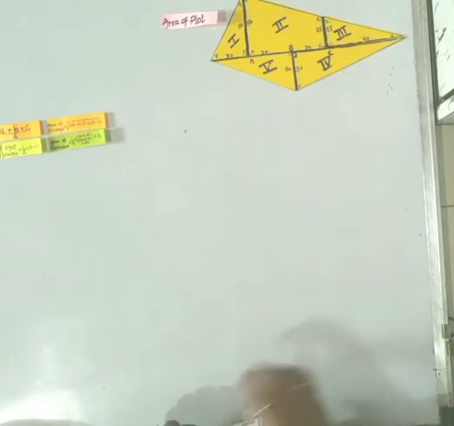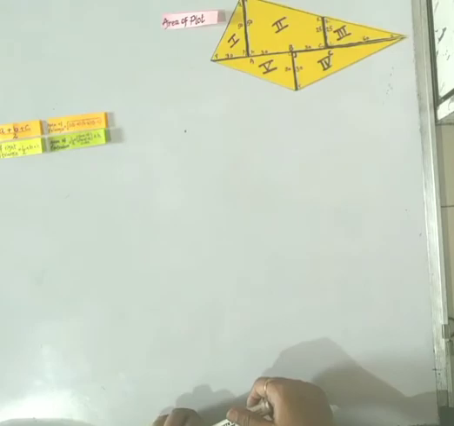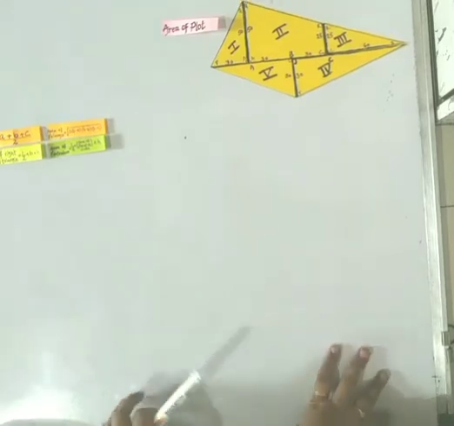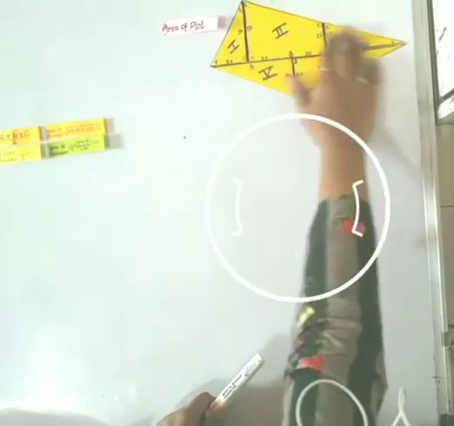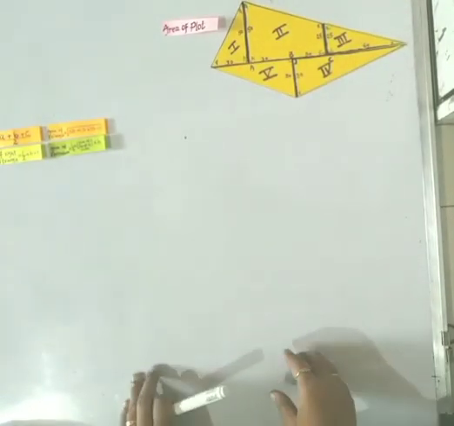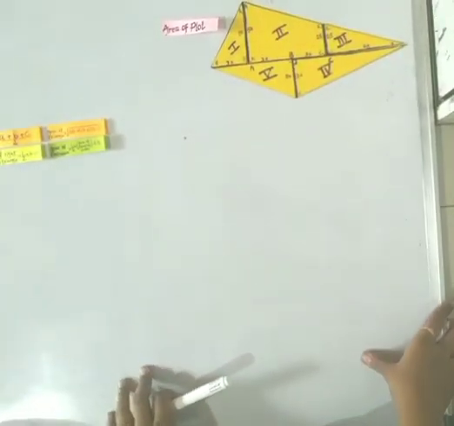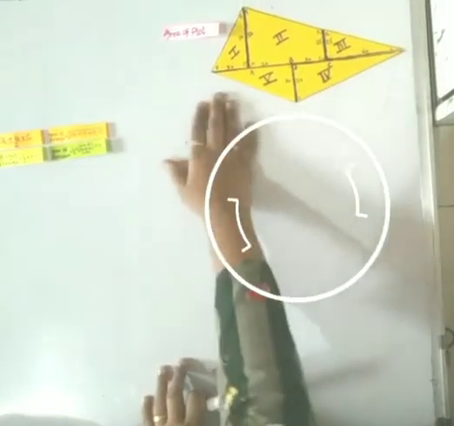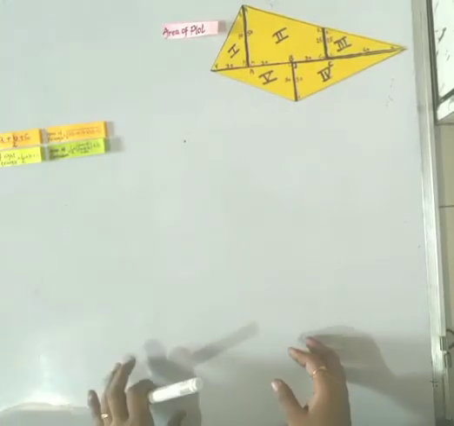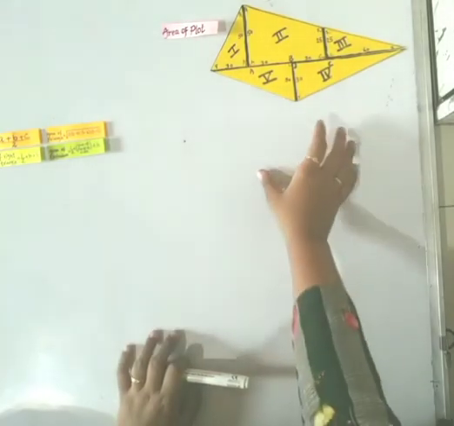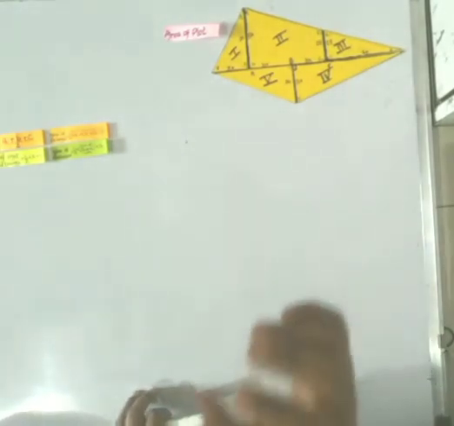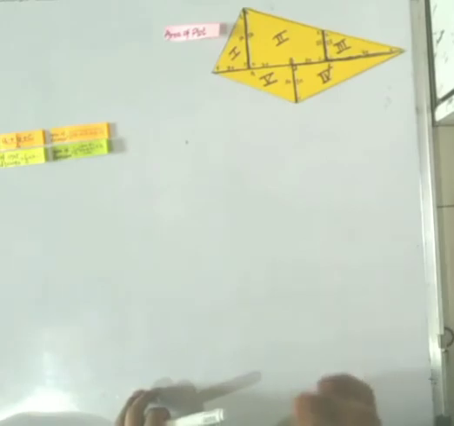Today I have come up with a very important and very interesting topic of your maths textbook, that is finding the area of a plot. Now students, this plot could be of any shape, but you need to find the way to find the area of this plot. Like suppose if this is the plot, so how am I going to find the area of this plot? I will divide this plot into small shapes in a particular shape which is having a formula to